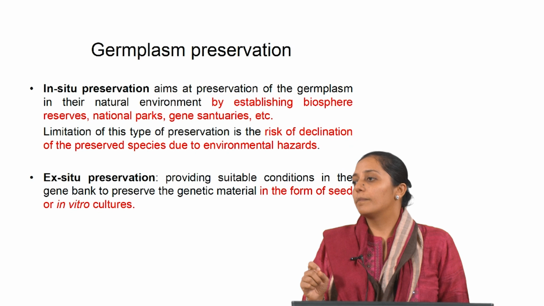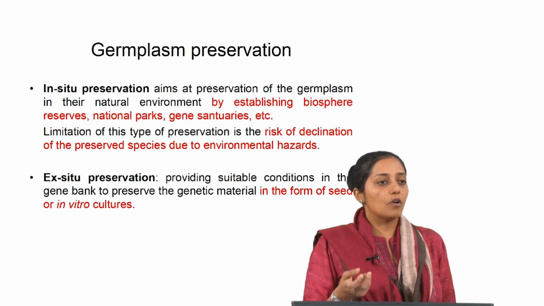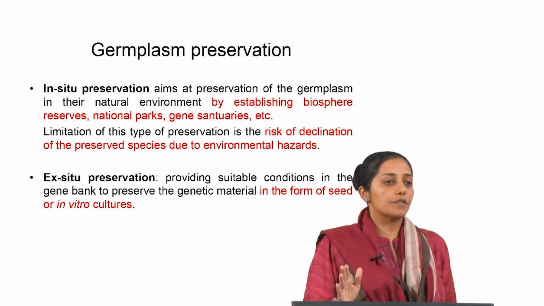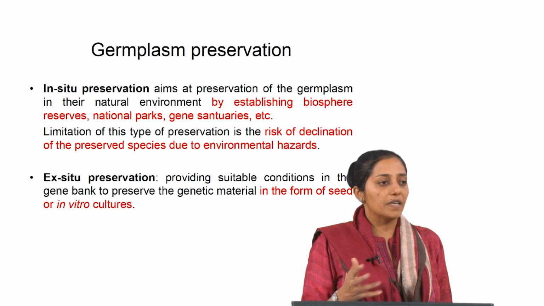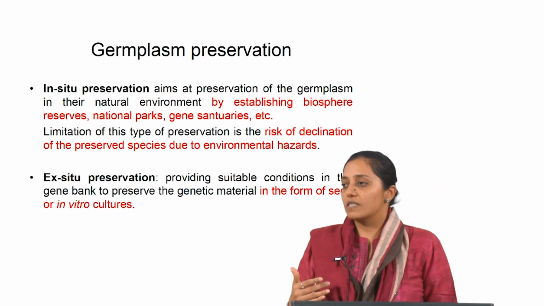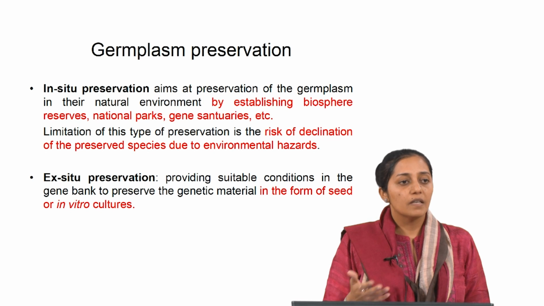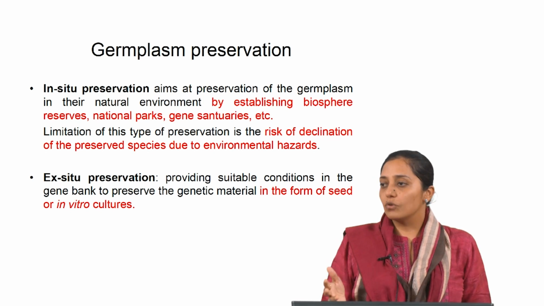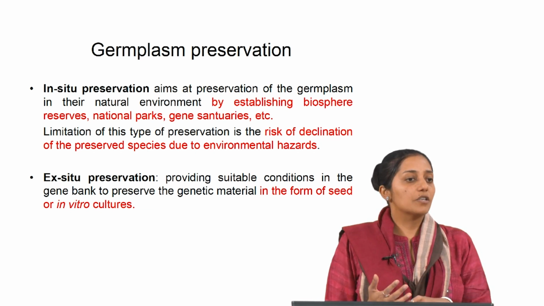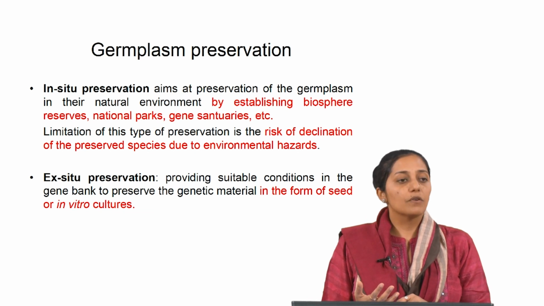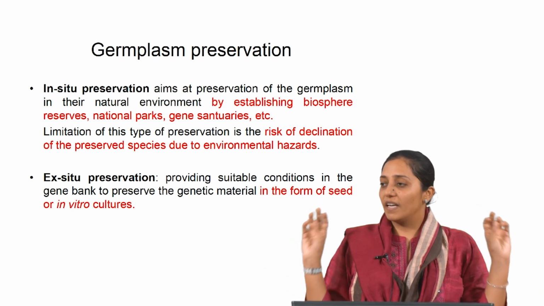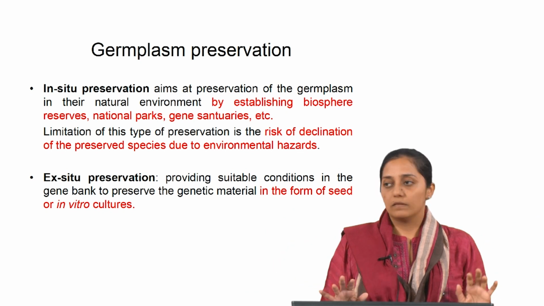Now, let us talk about germ plasm conservation. Somatic embryogenesis or synthetic seeds can also be used for germ plasm conservation. Generally, seeds are used for germ plasm conservation, but there are demerits associated with it. We will talk about it. So, first thing, what are the different ways in which germ plasm conservation is done? One is called in situ conservation, the other is ex situ conservation. Now, in situ preservation of the plant material uses biological national parks or reserves, biosphere reserves. Then gene sanctuaries are where the original plant material in its natural habitat is maintained.